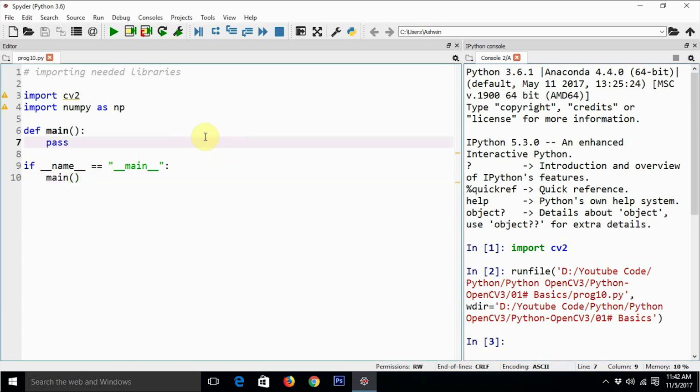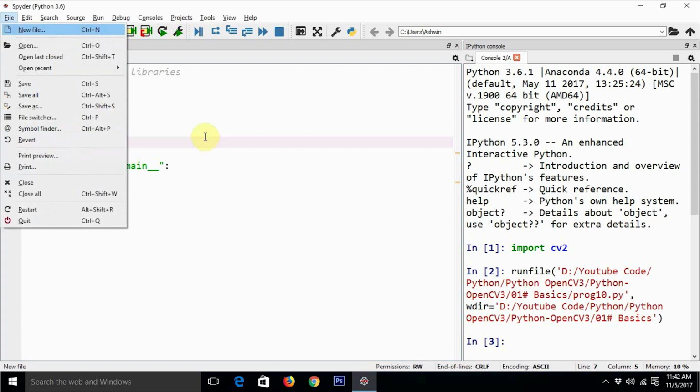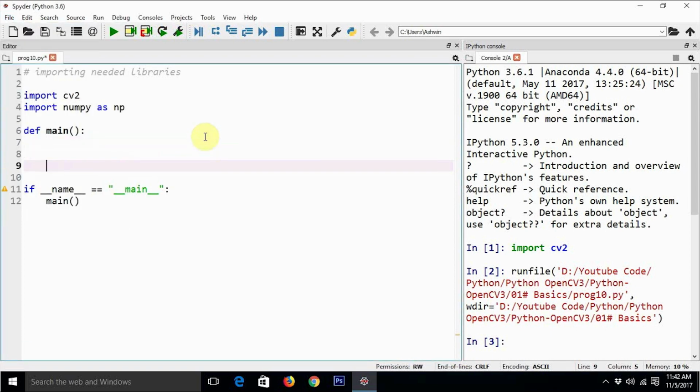Now let us get started with the real image processing part. Now let's modify the main function. So first thing that we have to do, we have to define an empty image. For that numpy is the best place, right? Image equal to np.zeros.